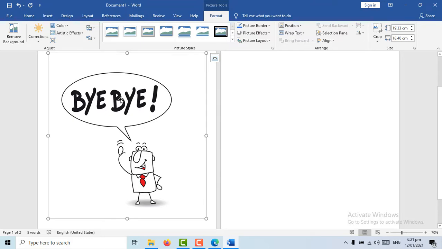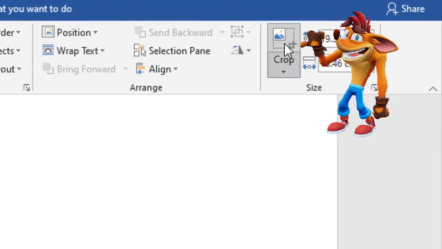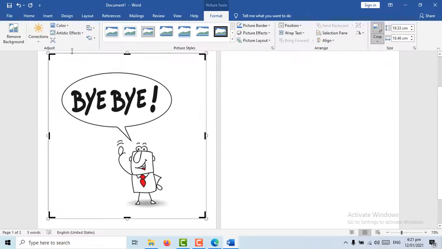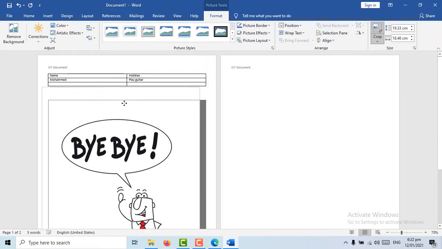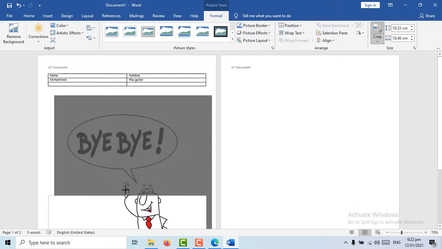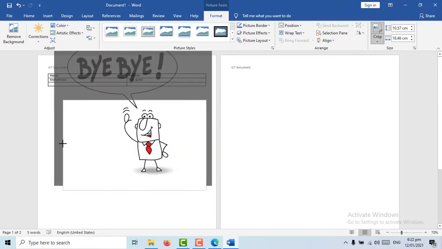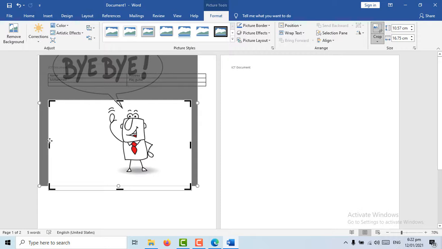Okay, so when you insert an object, you would have the Format tab open for you. All you have to do is press on crop. Those black thingies will appear. All you have to do is just click and drag to the part where you want only part of the picture to